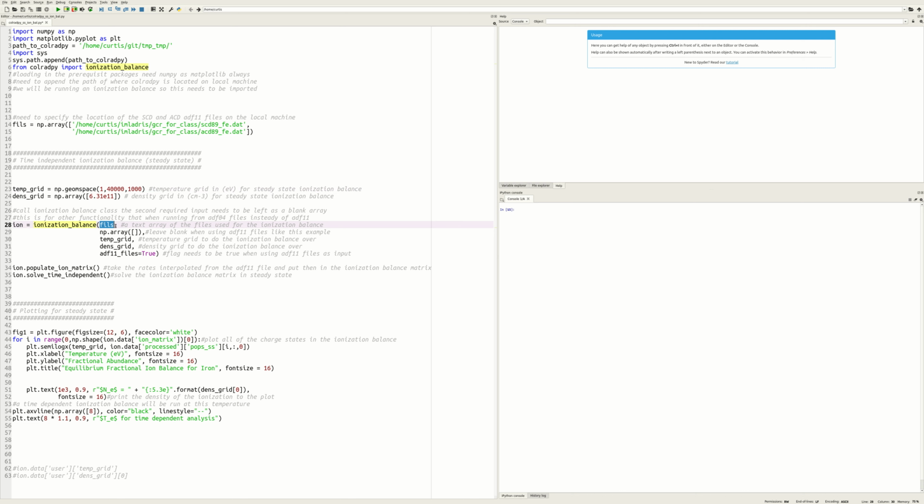First we're going to give it our files. We're going to give it this empty NumPy array. This does need to be there, since there's another option to run ColRadPy with adf04 files, in which case it is not empty. However, when we're running with adf11 files, this needs to stay empty. You then give it the temperature grid, the density grid, and then you need to tell it that the files it is getting are adf11 file formats. So that's going to read in those file formats, interpolate on whatever grid you want it to interpolate on,